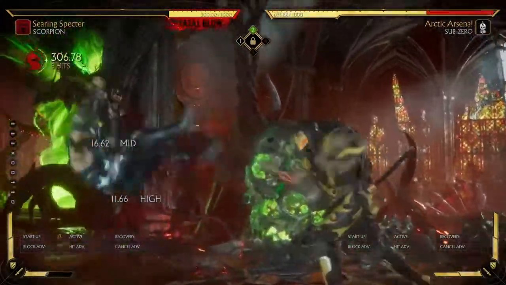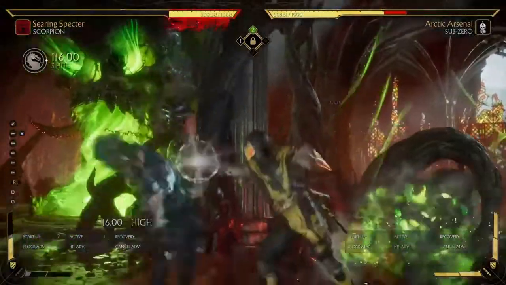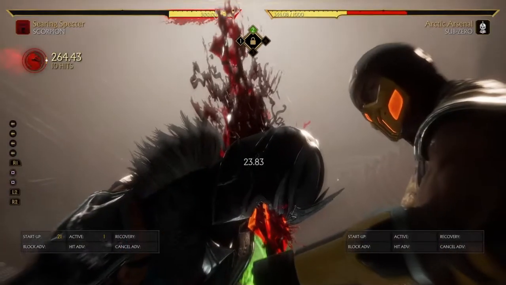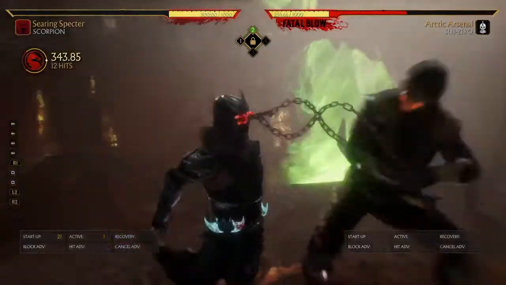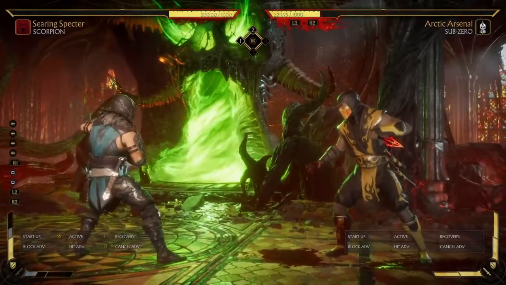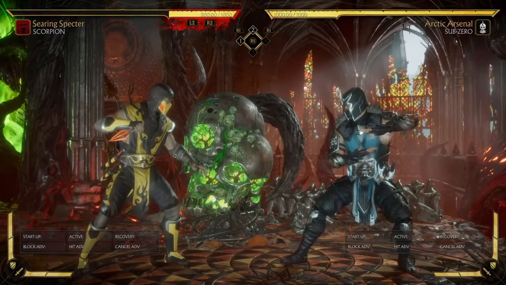So I'm going to restand here with Spear, stand 4, and as you can see, they get grabbed and Fatal Blow. Now, if you don't have Breakaway, and you can't get out of this through Breakaway, this combo right here is like 78% guaranteed. Even though it's not a true combo,